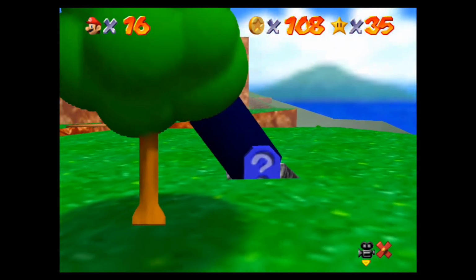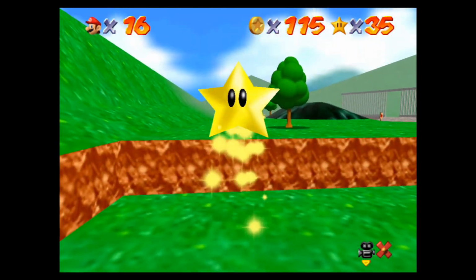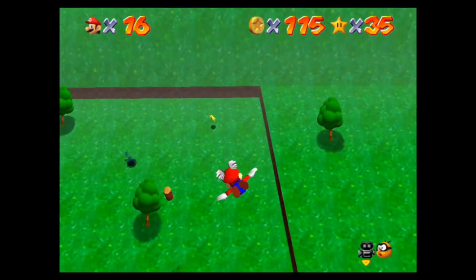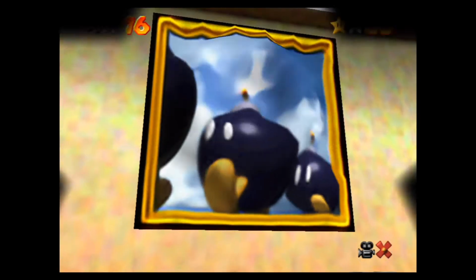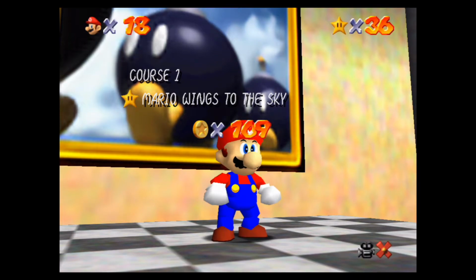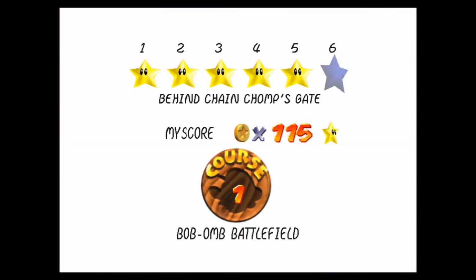And I believe another example is in Pianta Village, if you do that 100 coin shine sprite mission in episode 5, where you have to deal with Yoshi himself, then if you grab 100 coins, the shine sprite will appear on top of the Pianta statue's hand or something like that. But anyway, enough about that, so let's move on to the last mission in Bob-omb Battlefield,